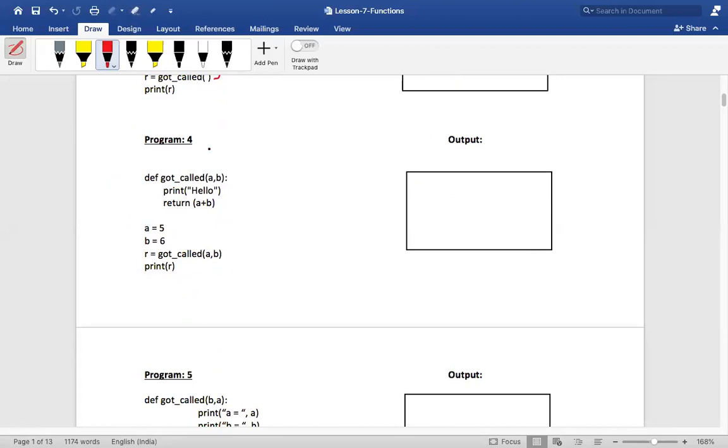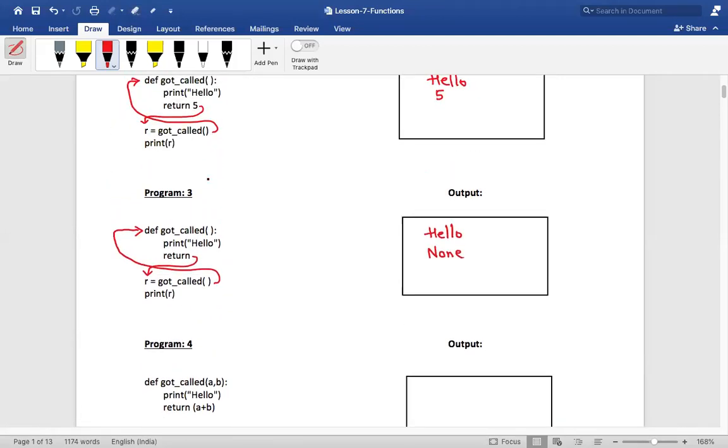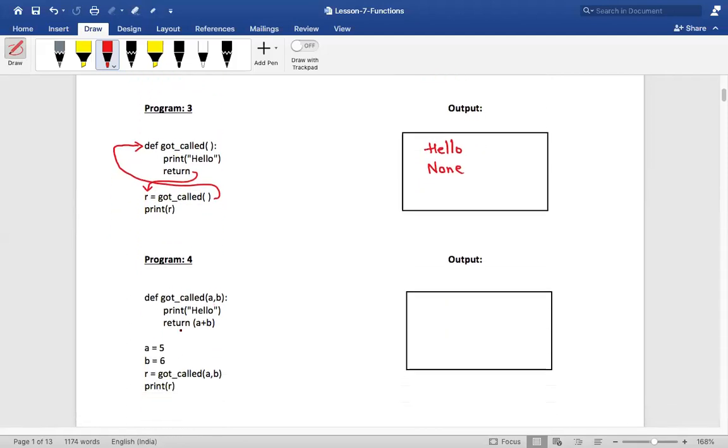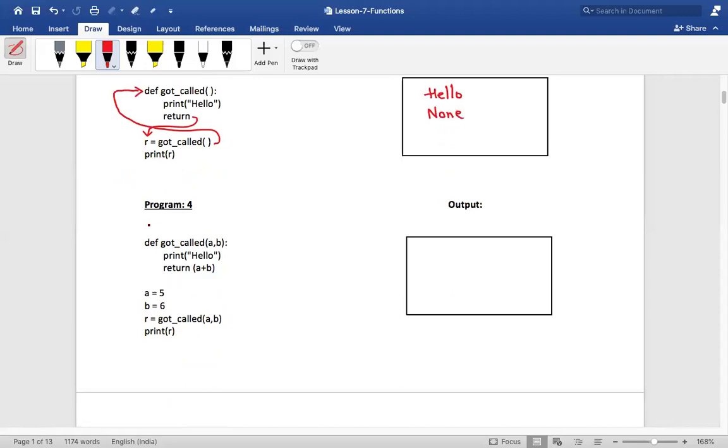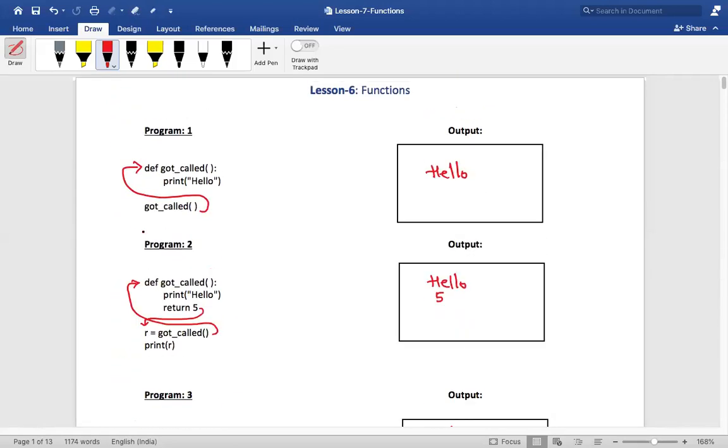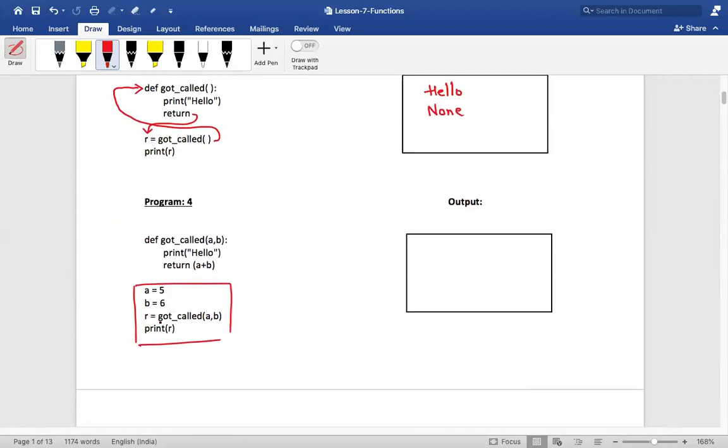In all the previous programs we executed from the function call because there was nothing else in the main context. But in the main context over here, it starts from A is equal to 5. This is your main context. In all our previous programs, we did not have anything else, so we just started from the function call. That was the only statement in the main context. But in our main context over here, we start from A is equal to 5, isn't it?